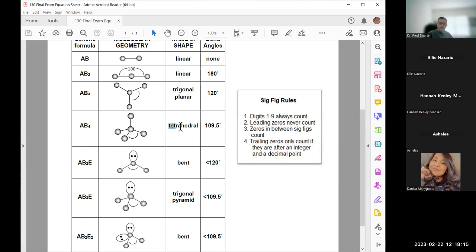and it has a specific name called tetrahedral. And there's a bond angle between those items, the elements that are bonded to the central atom. And that bond angle is 109.5. Okay, so